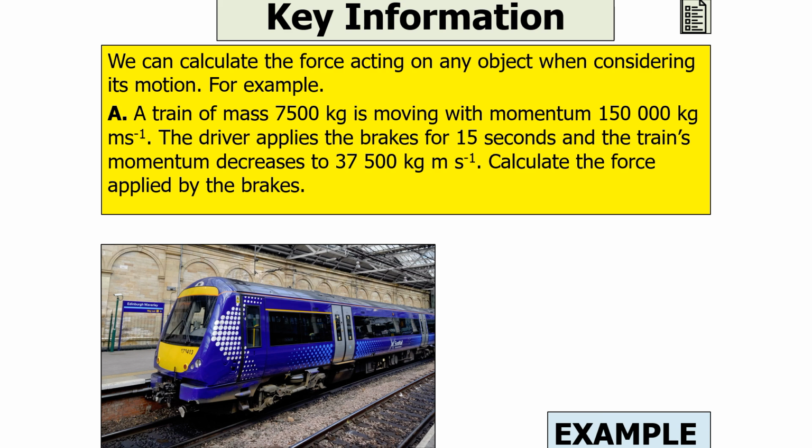So a train of mass 7,500 kilograms is moving with a momentum of 150,000 kilogram meters per second. The train driver applies the brakes for 15 seconds and the train's momentum decreases to 37,500 kilogram meters per second. Calculate the force applied by the